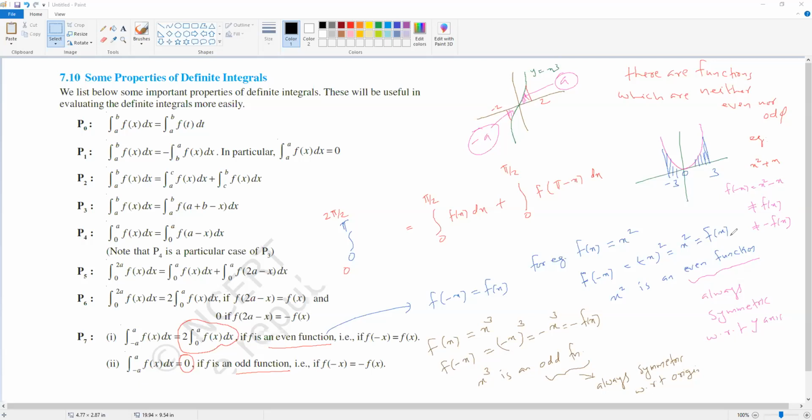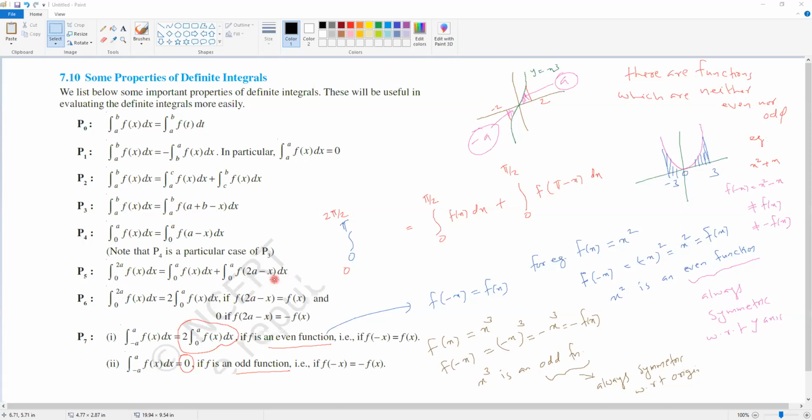So even function, odd function, even function है तो -a to a f of x का value 2 into 0 to a हो जाएगा, odd function है तो -a to a का value 0 हो जाएगा। अभी ये idea आपको जब problem करते time थोड़ा और आपको समझ में आएगा। सिर्फ एक बार मैं सभी properties एक बार बताता हूँ। पहली property से आप variable interchange कर सकते हैं। दूसरी property, upper limit lower limit interchange करेंगे तो sign will change. a to b को a to c plus c to b लिख सकते हैं। इस property से x के जगह a plus b minus x, lower limit plus upper limit minus x लिख सकते हैं। इधर बोल रहे हैं कि 0 to 2a है तो 0 to a f of x plus 0 to a f of 2a minus x लिख सकते हैं।